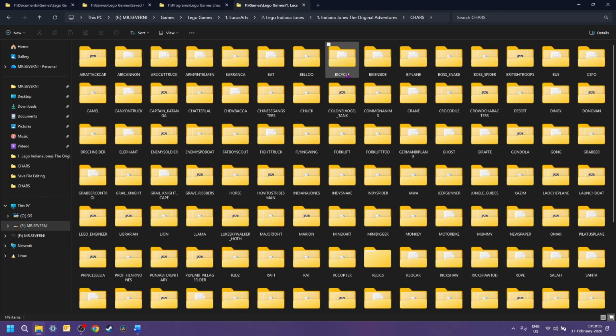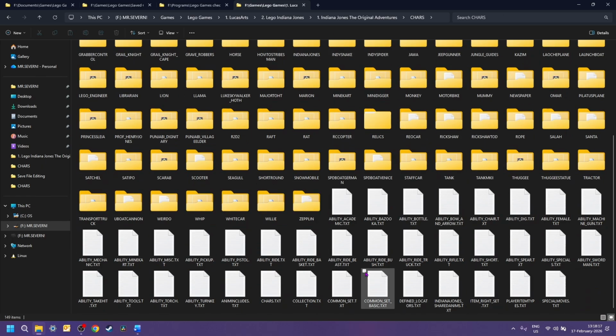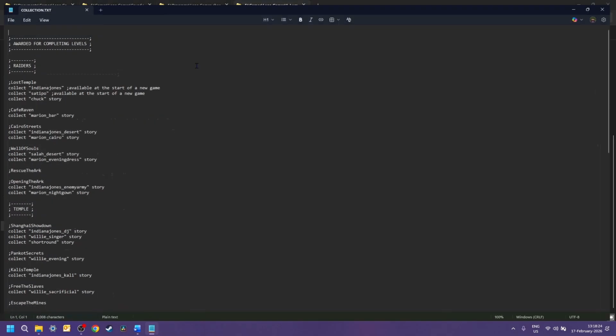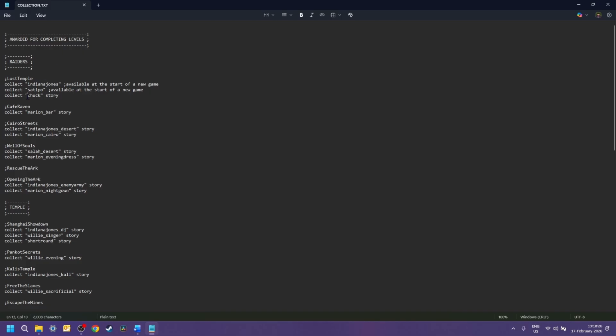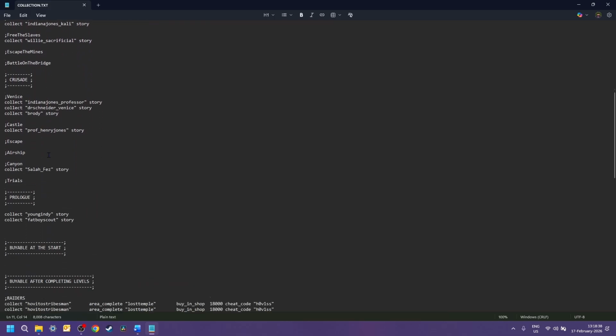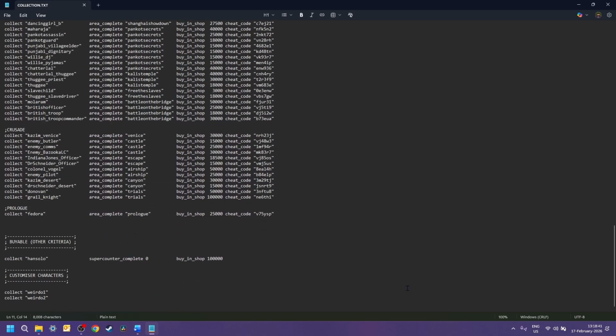So go here, then scroll down and open the file collection.txt, and yeah, well, Chuck is Jock. That's just the internal names for the characters. And then, yeah, the order that the characters are listed in this file is the order that they will show up in the game roster.